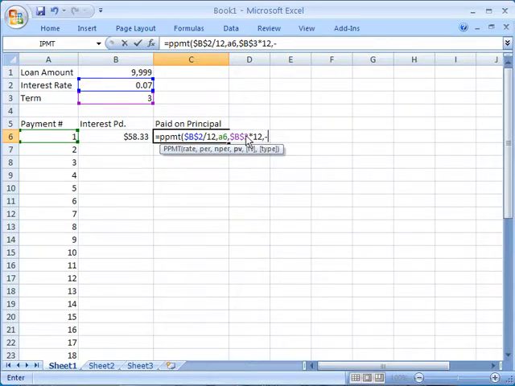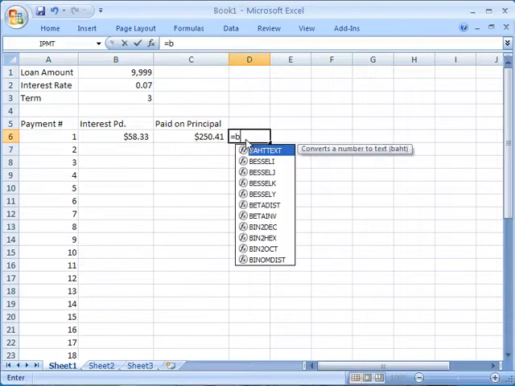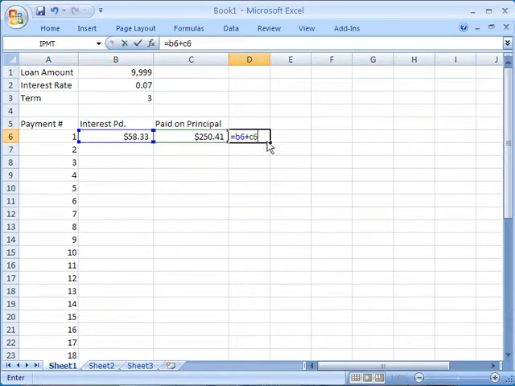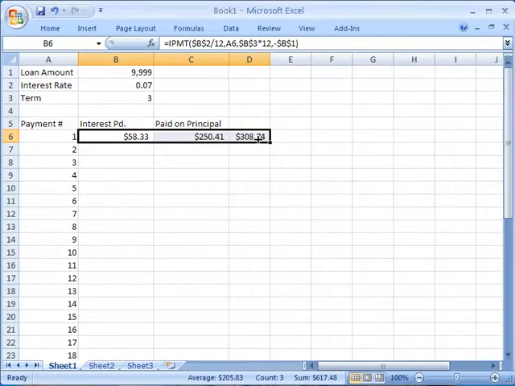The value of the loan is in B1. And if I were to add those two together, equals B6 plus C6, it should equal $308.74. I can then copy those formulas down